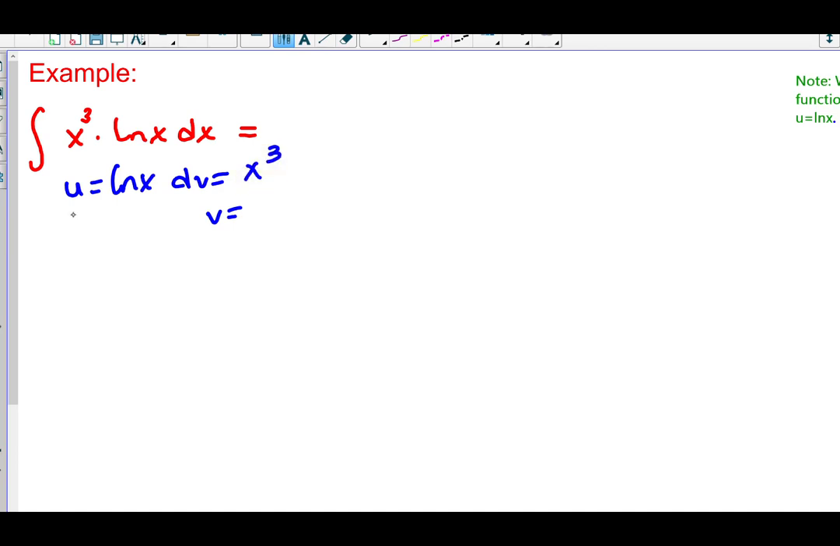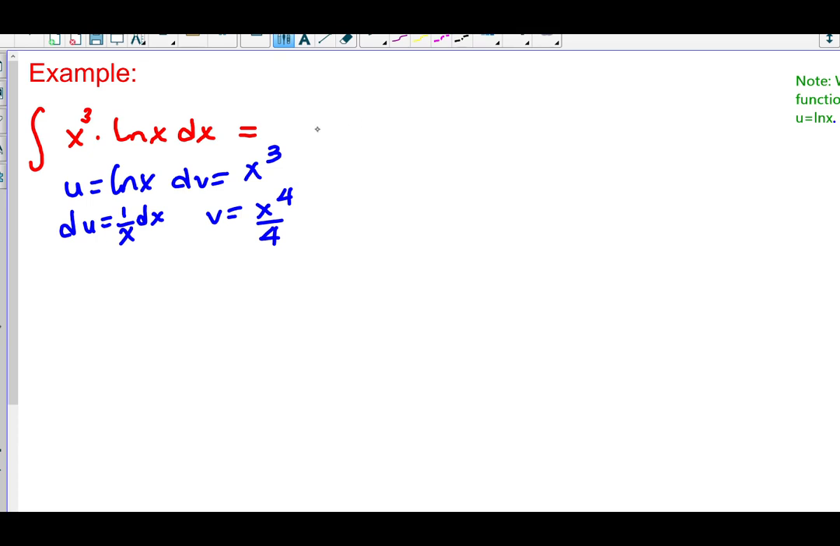So du is 1 over x dx. And from dv to v, you take the antiderivative, which is x to the 4 over 4. So this is going against everything we've said so far, right? It's getting more complicated, but just wait to see what's happening when you also have natural log function in the